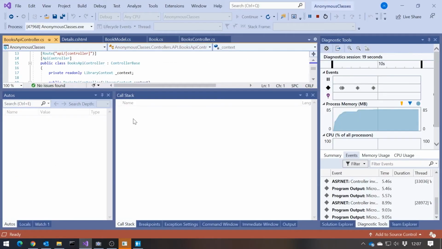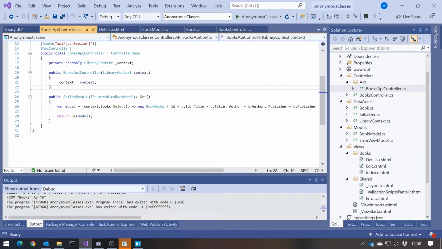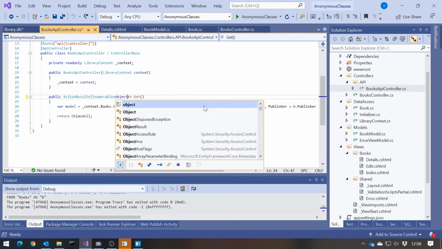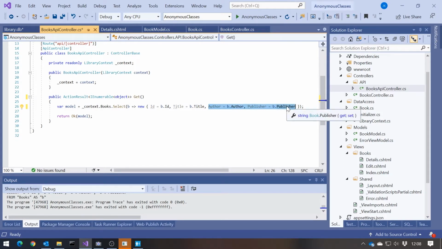But if I were to want to change that, then I can actually do this kind of ad hoc thing. So on this action result, I could actually specify not that it's an IEnumerable of book model, but simply that it's an IEnumerable of object. And then here I could do this in the anonymous way. So I could just change that to new, and let's do what we had before. So let's go for blurb equals b.blurb. And because the JSON processing of this object is going to be done dynamically on the fly anyway, we don't need, in that case, to have a predefined class. So now when we run that up